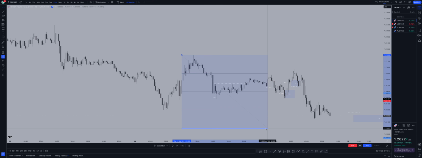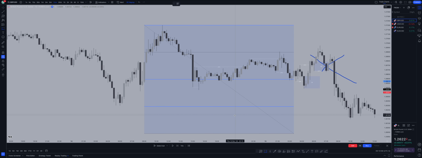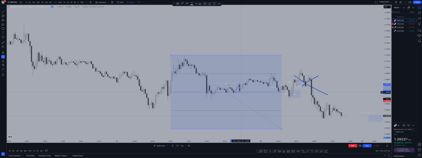So when price started for us right here, we had a break to the downside, order flow shift, break, order flow shift to the downside, break, order flow shift to upside. Therefore, we're not looking past this anymore. None of this is valid since we had our 3 order flow shift strike rule. That being said, could you have looked for longs? Well, potentially could have looked in here. Well, no, not for us, right? Because that's past our session.